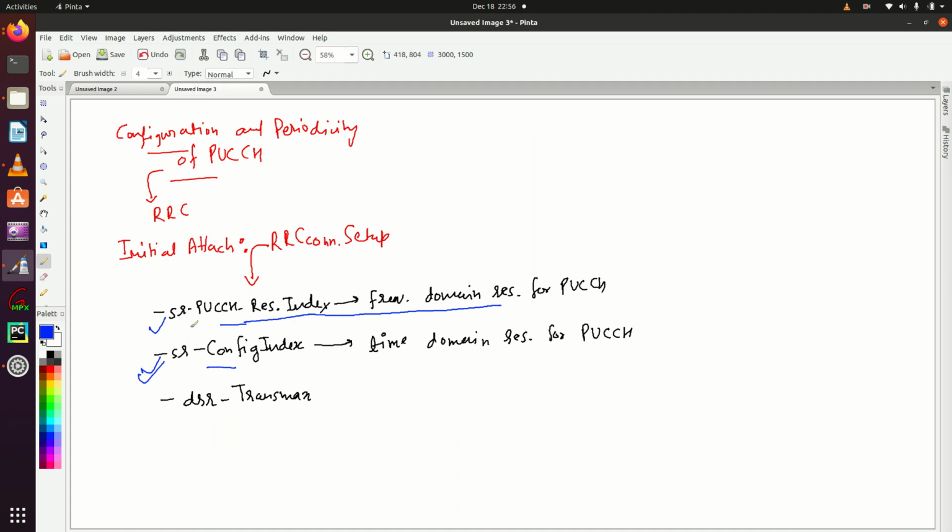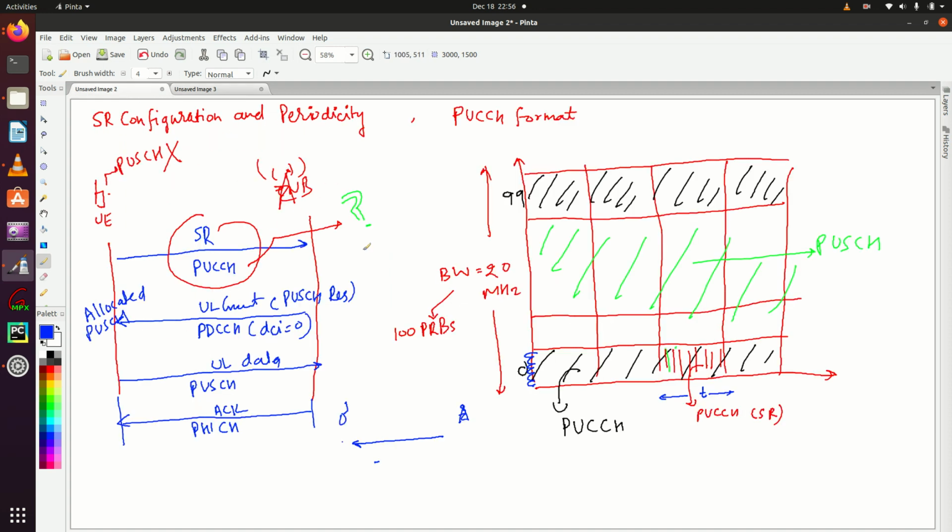So you will decode the RRC connection setup and get these details. Now you will come to know that I have to use this PUCCH resource if I want to send a scheduling request to eNodeB on this particular PUCCH.